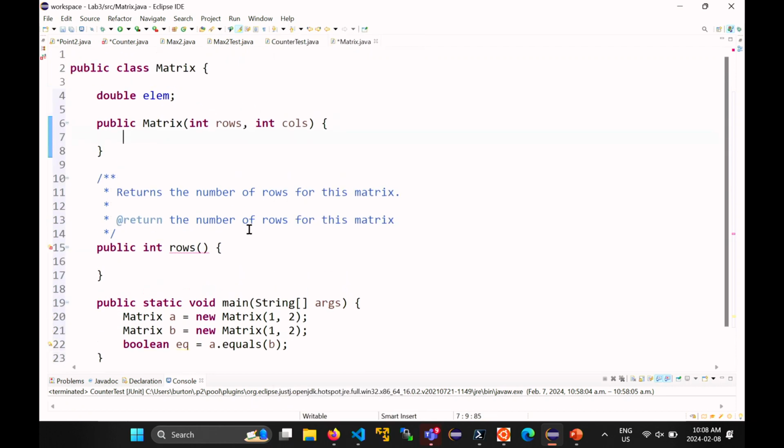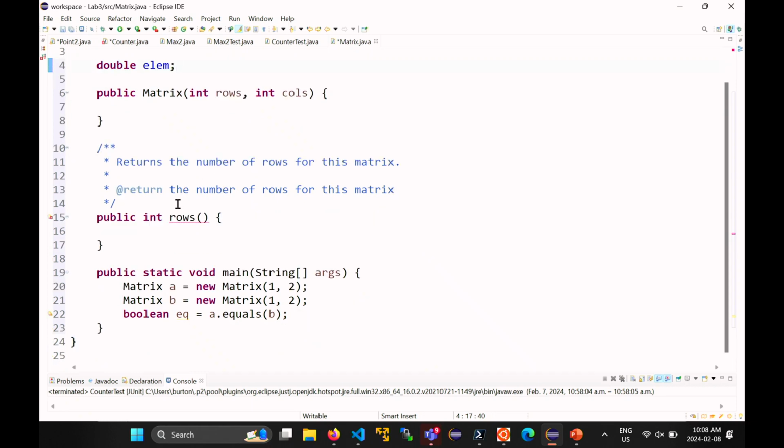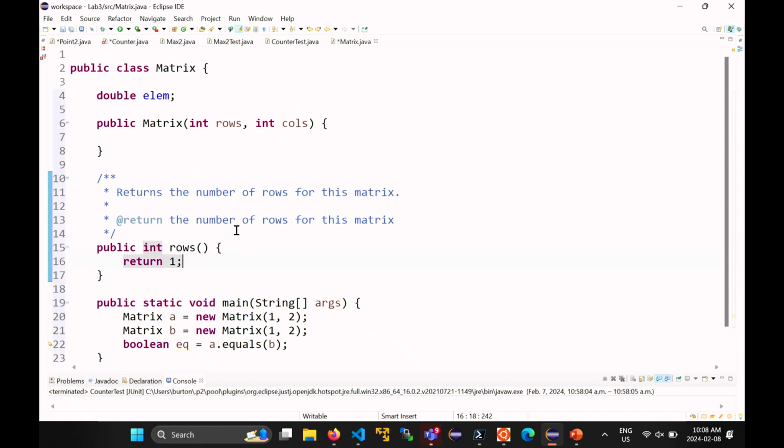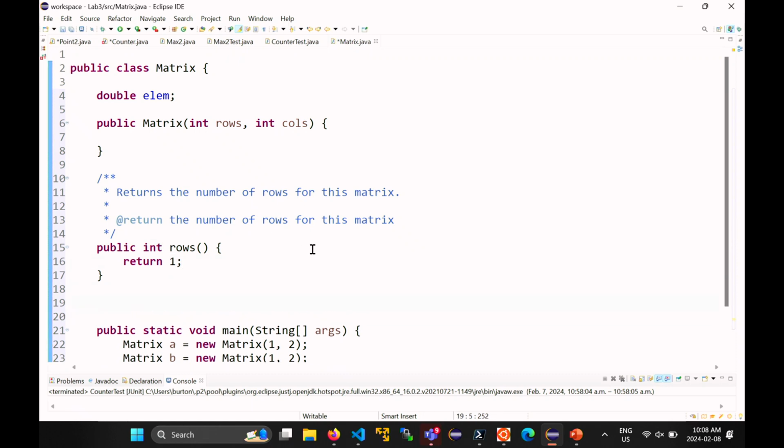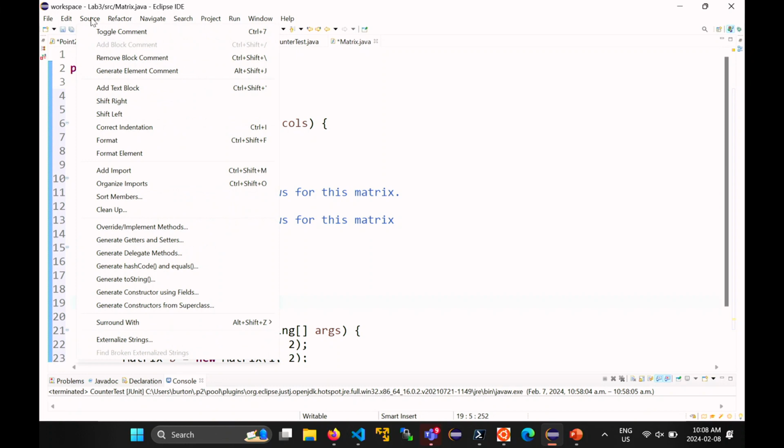Okay, so that's my one field. Obviously, this is not a complete matrix implementation. For rows, I'm going to return 1 because our matrix has exactly 1 row. So when you go to implement equals for this class, you could start typing in equals. And you should probably do this a few times so that you actually remember what this looks like. But if you find yourself actually programming a class and you decide it needs equals, ask Eclipse to generate it